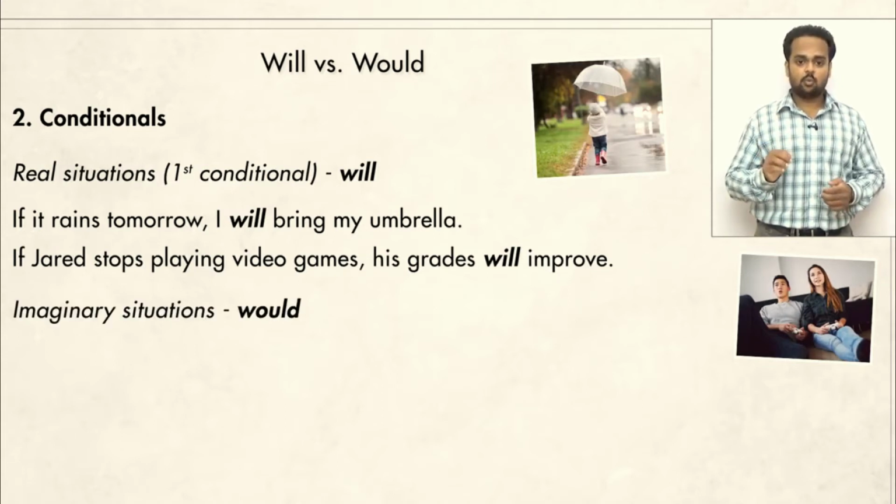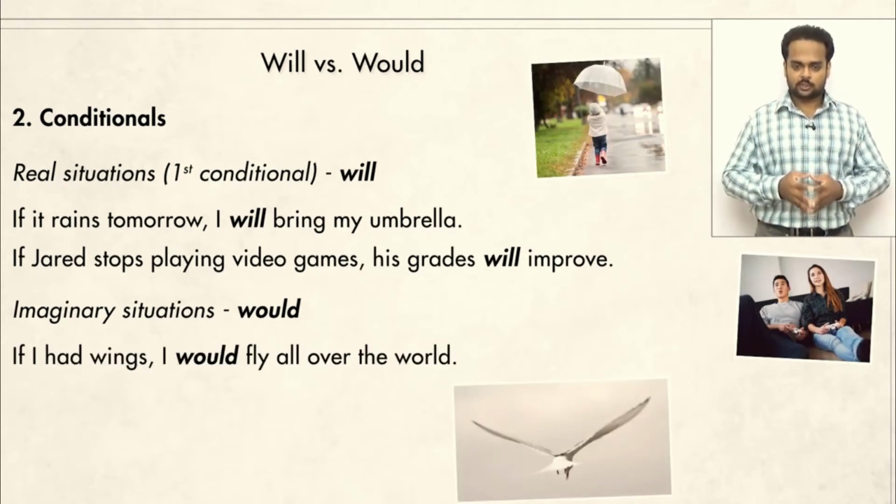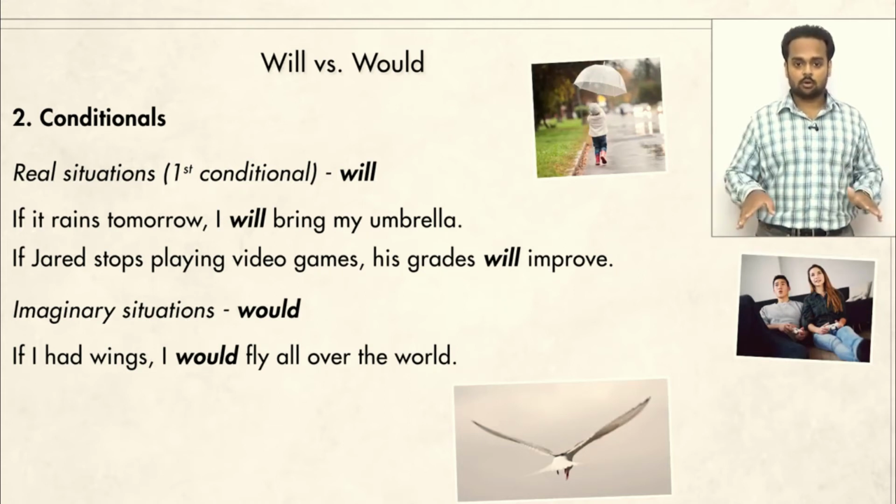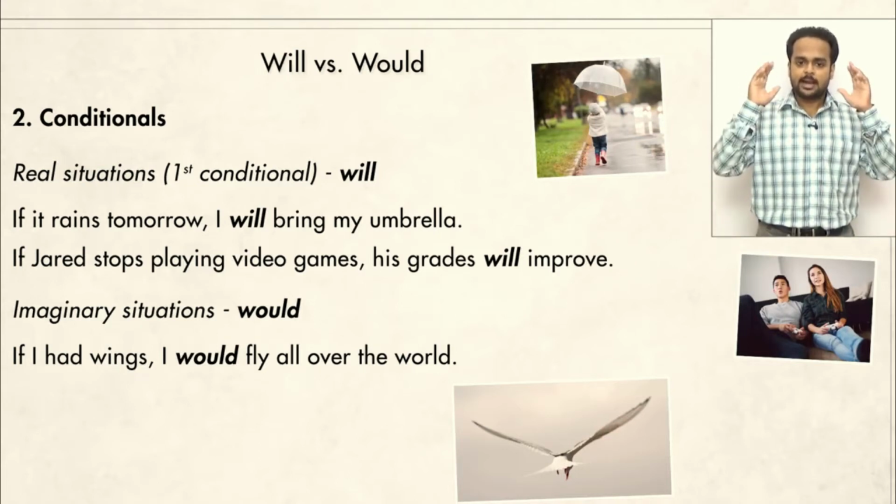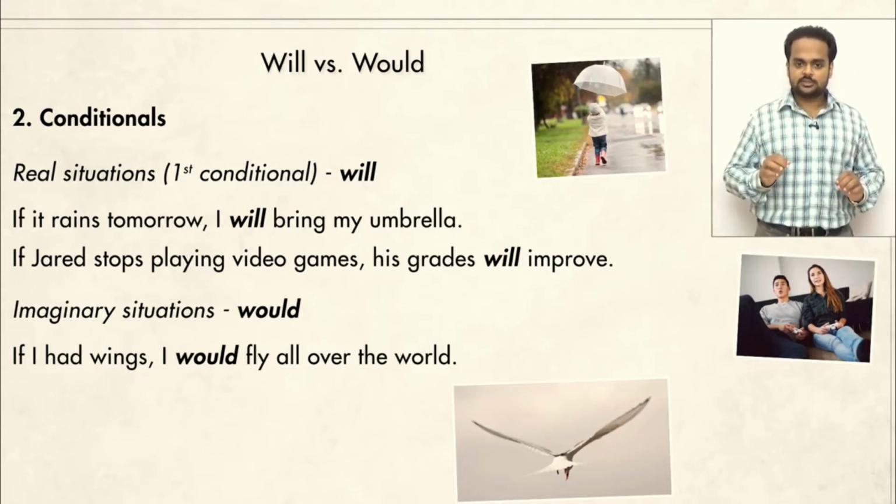But sometimes we want to talk about imaginary or unreal situations. For example, if I had wings, I would fly all over the world. Obviously, this is not possible. I can't grow wings. So all I'm doing is I'm using my imagination. Notice that we have used the past tense throughout this sentence. If I had wings, I would fly. We are not talking about the past, but this past tense, including would, just shows that this is not real,